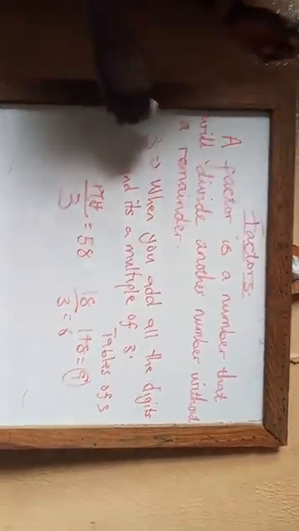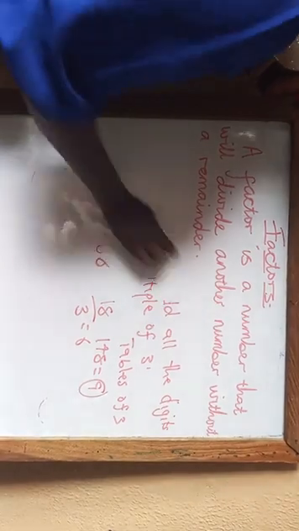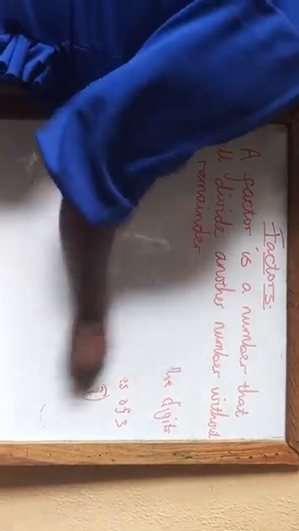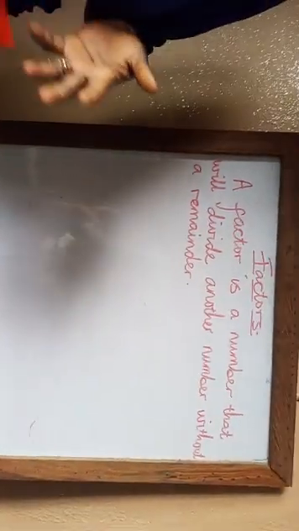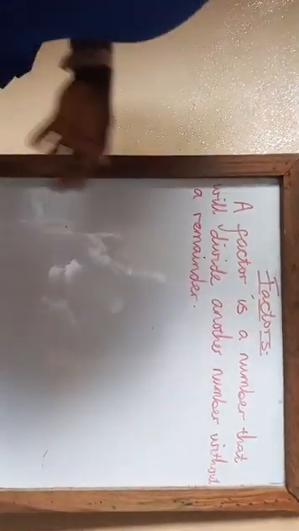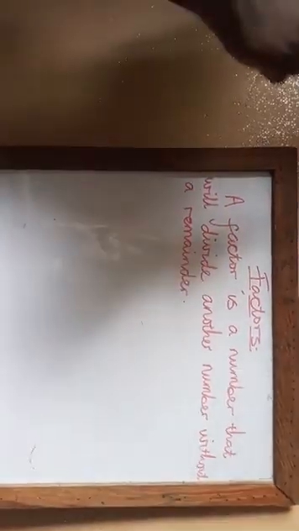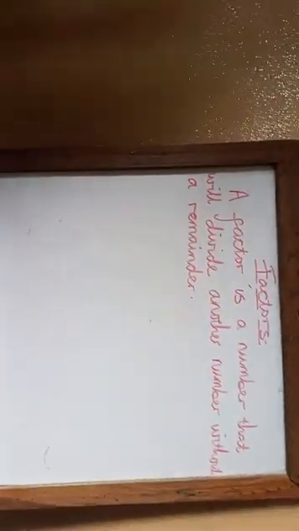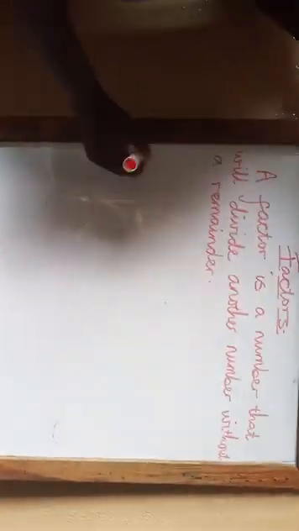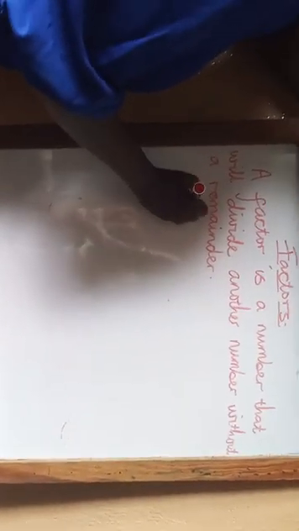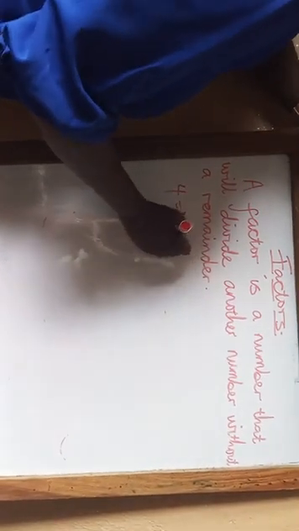So now let's check out for 4. I hope you get that. 2 is a factor of any number that ends with 0 or an even number. 3 is a factor of any number that, when you add all the digits, is a multiple of 3. Now 4. 4 is a factor of any number when it ends with at least